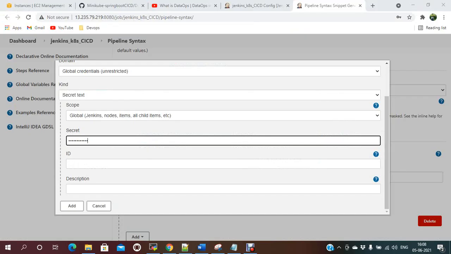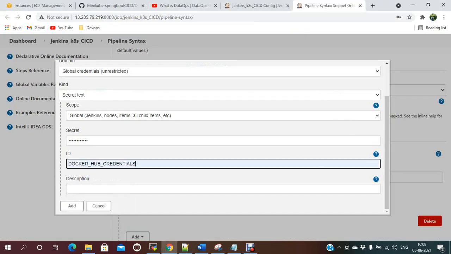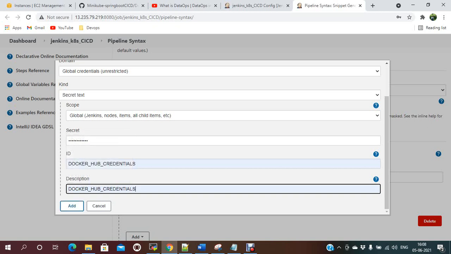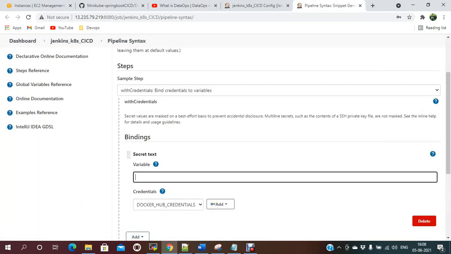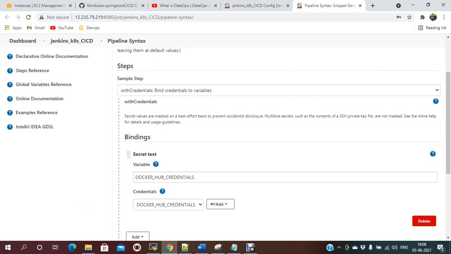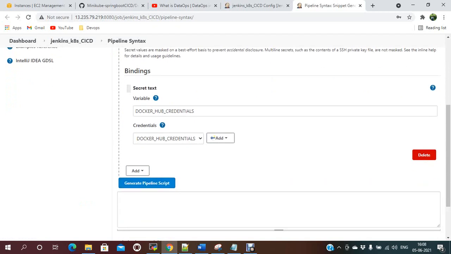Username is Docker Hub credentials. I'm just adding this one, and the variable name I'm just giving Docker Hub credentials only. So I'm generating the pipeline. So it will be created like this. Okay, you just need to add this one.